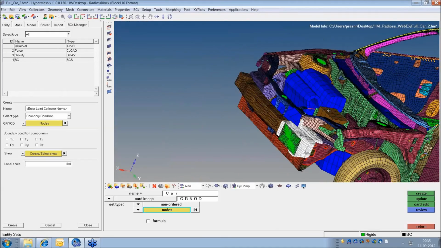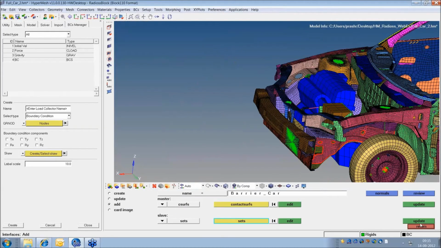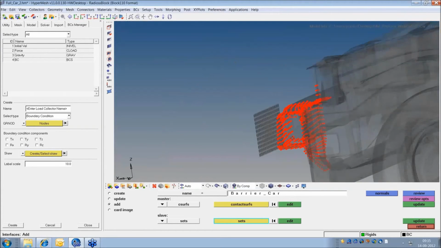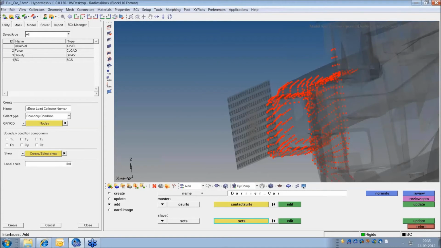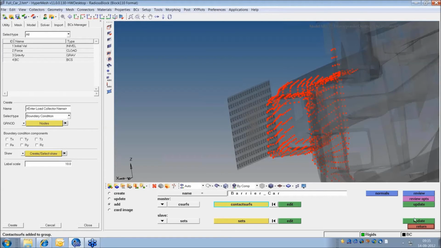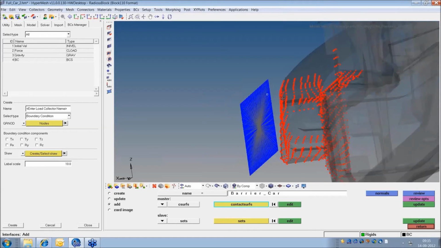Fine. Create, return, update, review. See, now the mistake that happened was, after creating the master contact surface, I forgot to update it, so it is not showing the master. So I'll again go to this. I'll pick the barrier, select, update, review. So now you can see the master.